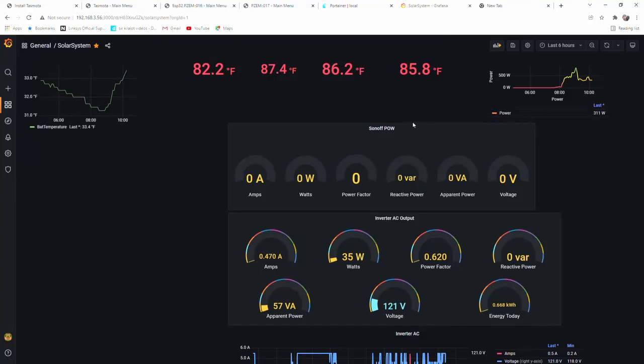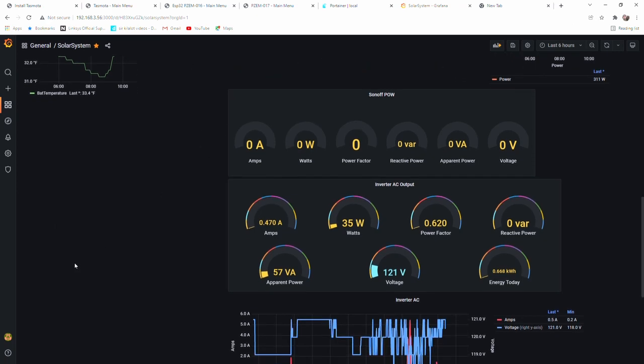Okay, so we wanted to know how to get the data into Grafana, and here's how you do it. The first time, you need to set up the database, so you'd go here to Configuration, Data Sources,